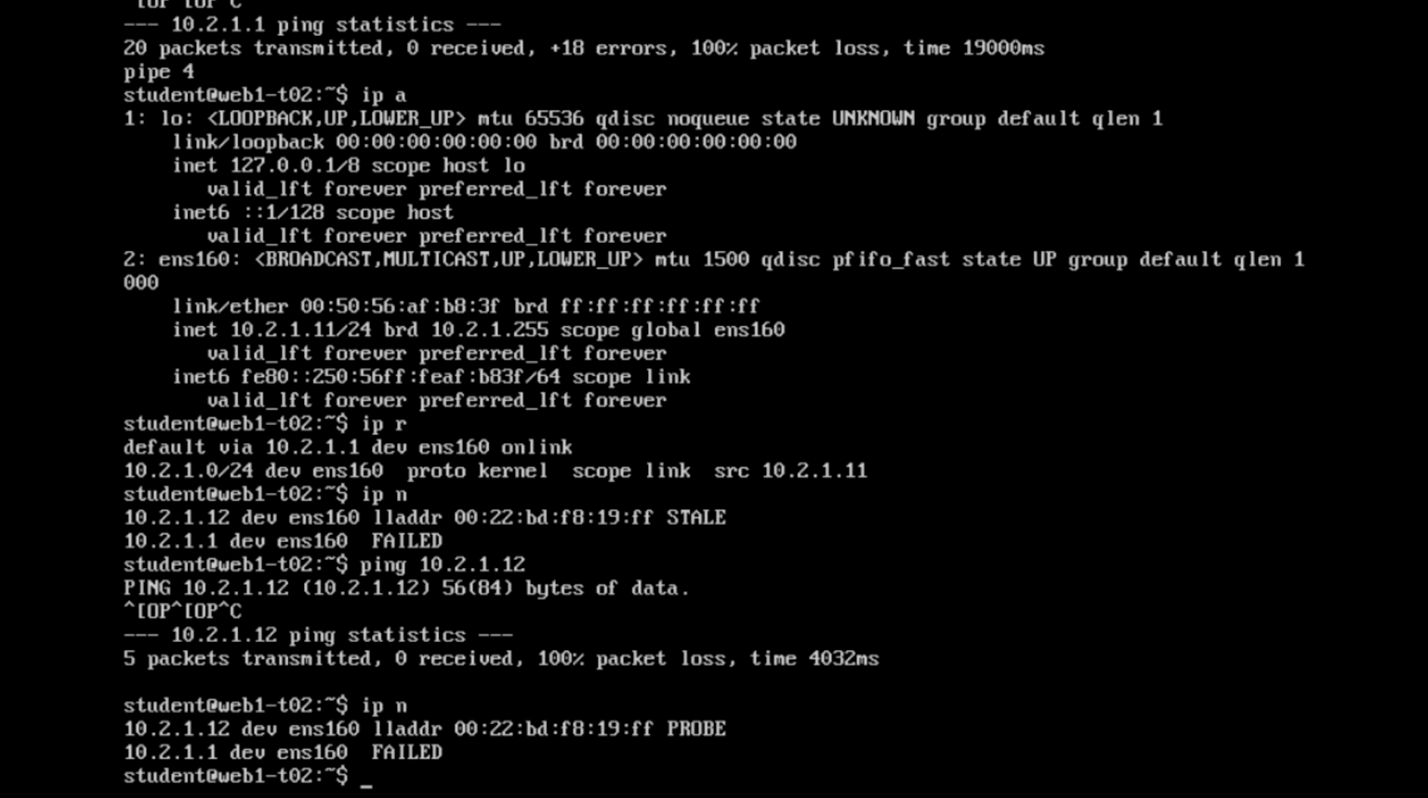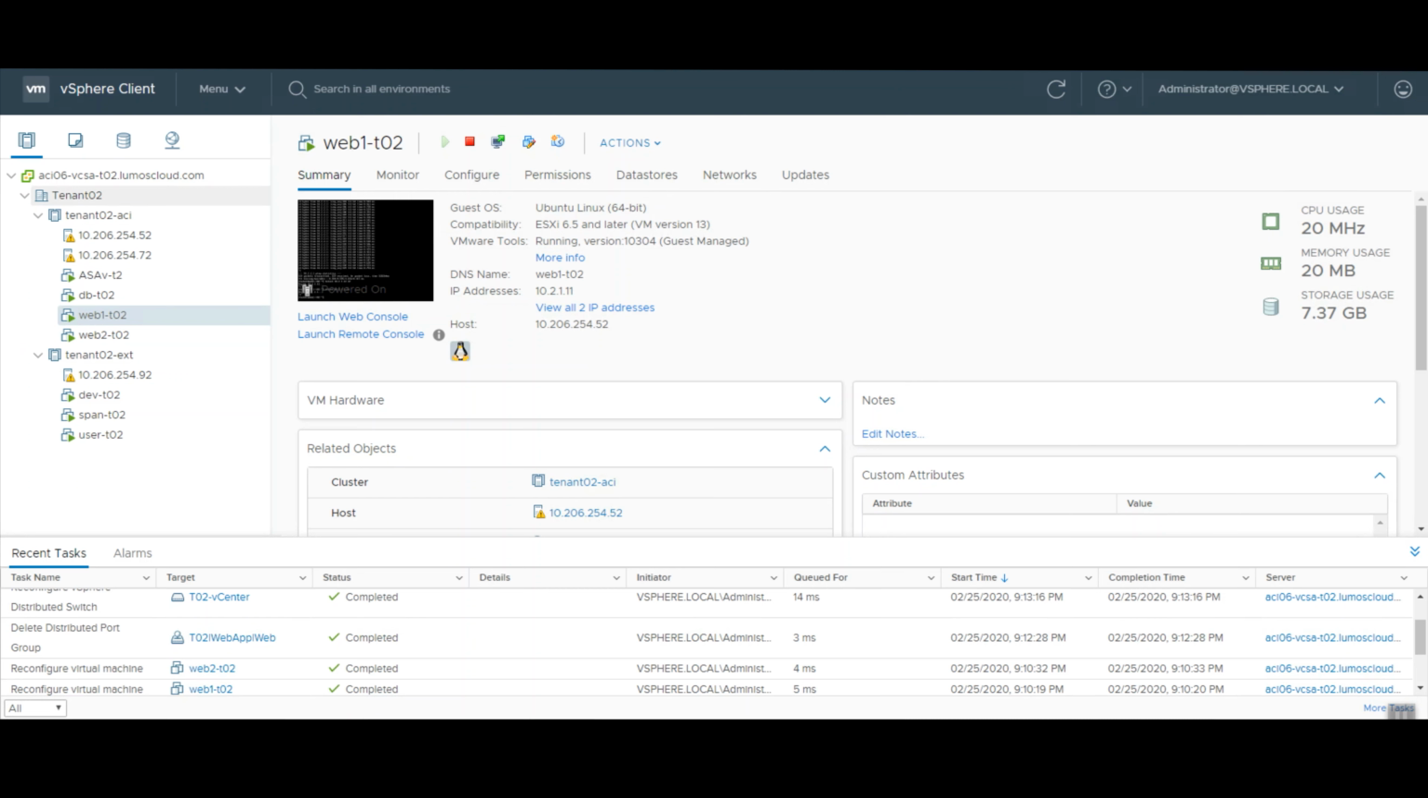But I verified that everything is correct on the system itself. So I'm pretty much done on the VM itself, so I'm going to go into VMware. This is the VMware environment. I'm going to check the configuration of the VM itself. In this particular interface, the HTML5 based interface for vSphere 6.7, here's Web 1 T02, and I'm going to check